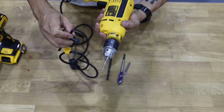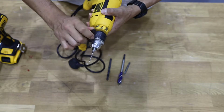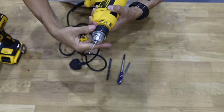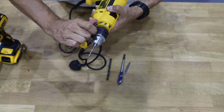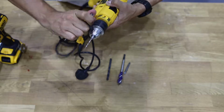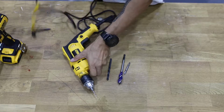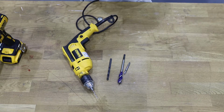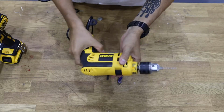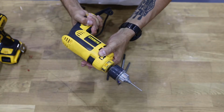Insert the tightening tool in one of the holes and turn to the right to tighten. Make sure that it goes in all the holes and tighten little by little. Remember to plug the cord before using the conventional drill. Also, choose the correct direction that you want. Both of these drills have a sensitive trigger. The more you press,